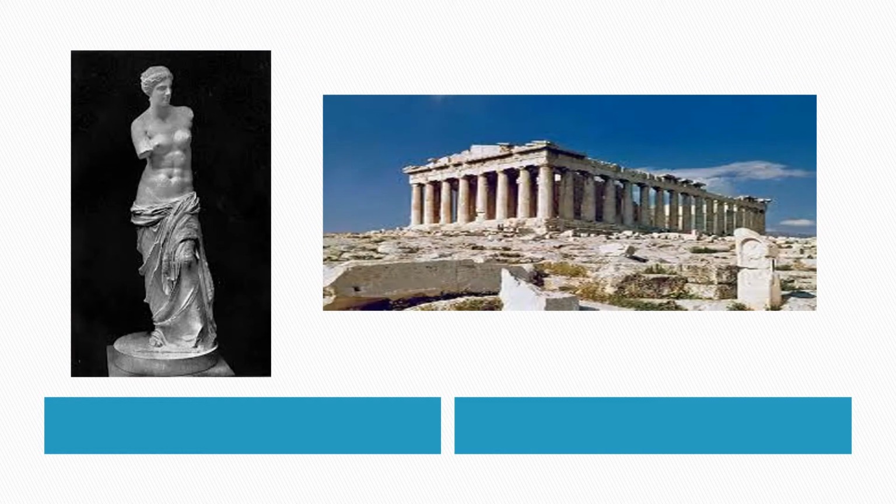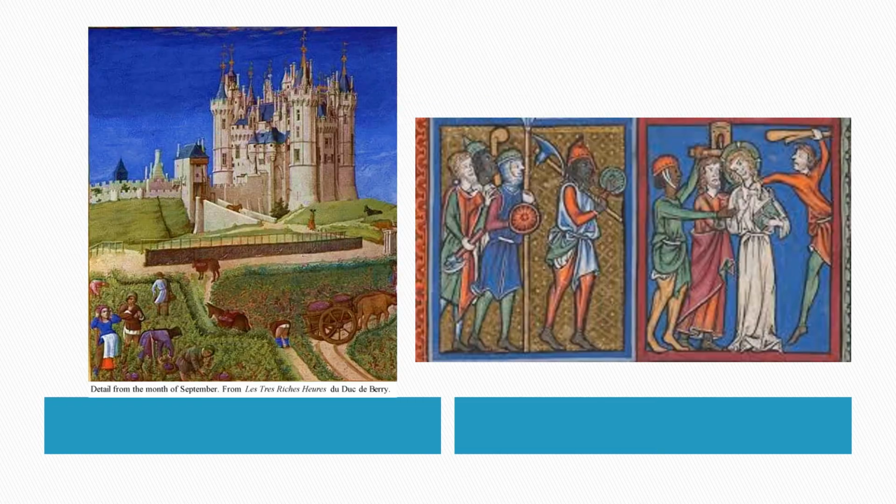Classical art from the Greek and Roman period focuses on the perfection of the human body and in architecture. Examples of artwork during this time is the Venus de Milo and the Parthenon. Also from the classical period are art from medieval times, which focuses on life in the castle as a knight, a peasant, or a nobleman, and those that carry religious themes.